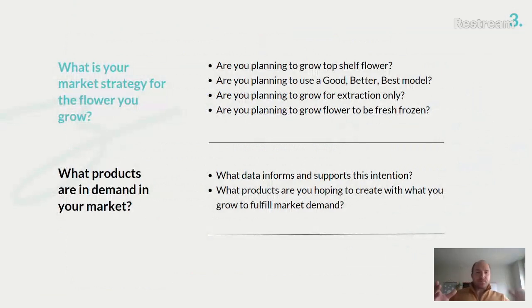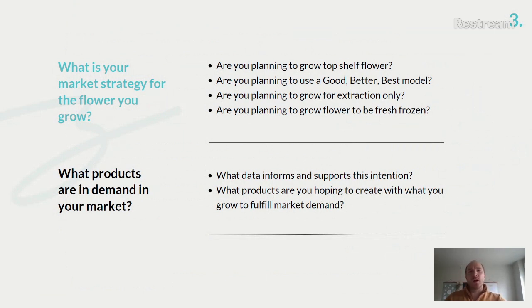All that to be said, this first slide here is really going to give us the super high level of your business model and the business plan. And I plan to give an entire presentation on actually building a strong business model for cultivation, manufacturing, and the like. But ultimately, we need to answer the question of what is your market strategy for the flower that you grow? We want to have in mind what type of product we're going to be creating and who we're going to be creating it for, because ultimately that's going to determine some of the decisions that we make here on the types of equipment, the types of staff, the level of automation, and so on.